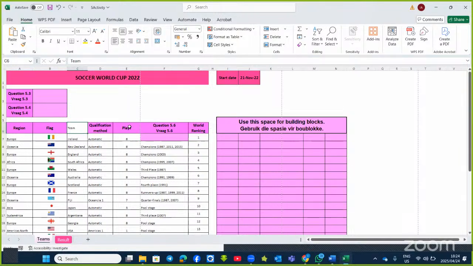So you click on the existing cells that have already been formatted. Click also on the Format Painter, this one, and then you will see a brush. Go and click on the teams. Now it will be formatted the same as the